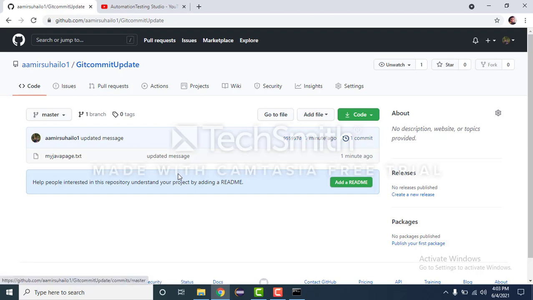We have till now because we have updated the existing commit message here. Previously it was wrong message, now it is updated message. So we are not adding an extra commit, we are changing the commit message. So in this way, whenever you see something in your project that you have committed with a wrong message, a wrong Jira ID or something like that, you can follow these steps and change the commit message in the GitHub repo. Otherwise, you may have to again clone the repo, again make your changes and again push. That will be a tedious task.